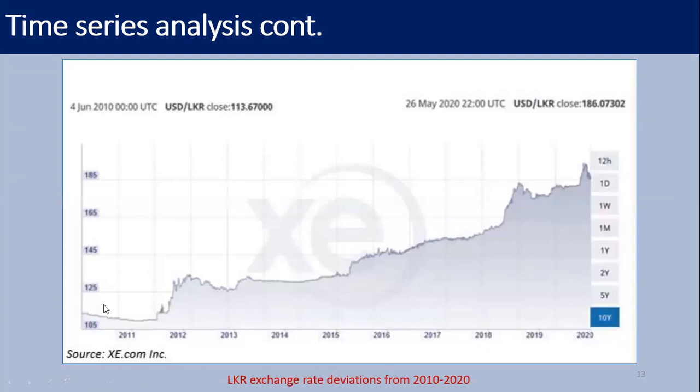I give this example. Due to the political nature of the country and also the situation in the entire world, you can see how the exchange rate of the Sri Lankan rupee changed from 2010 to 2020. You can see it is actually an irregular or random variation. So when you analyze the data in your food company or your own company, or if you are designing something, you need to identify the difference between these time series patterns.